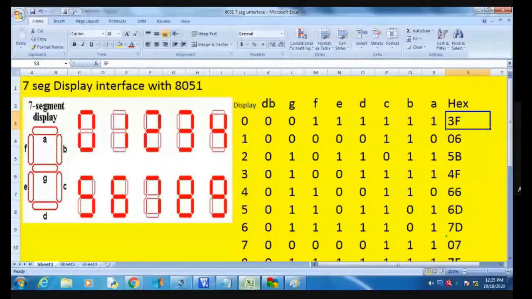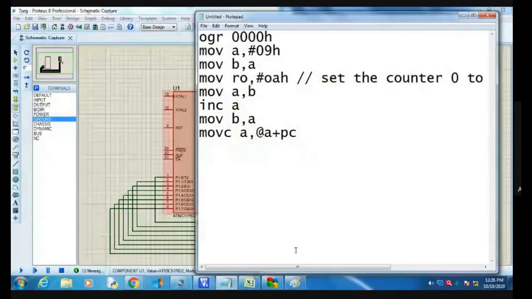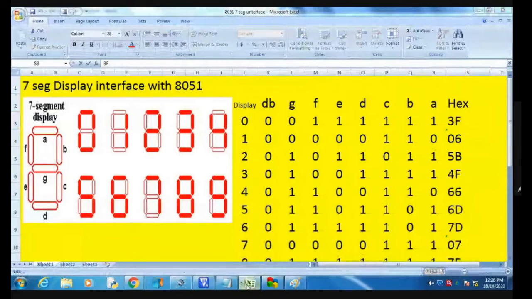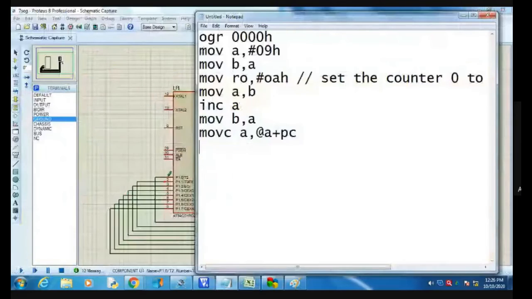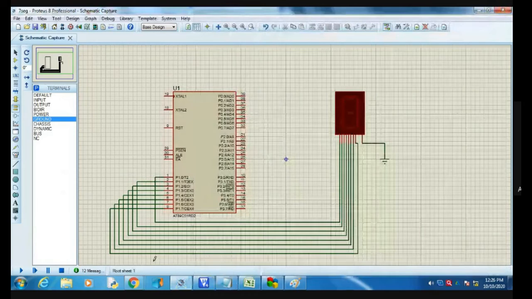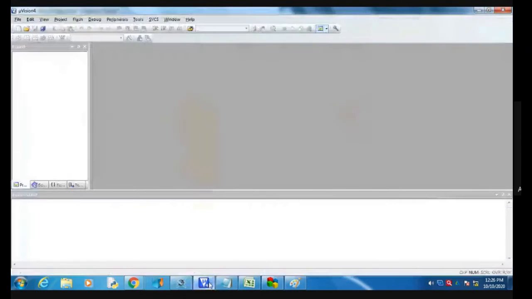Next, we have to send this value to my port 1, so I am going to define MOV P1, A. Why? Because the 0 goes to port 1, and port 1 is connected to the 7-segment display.